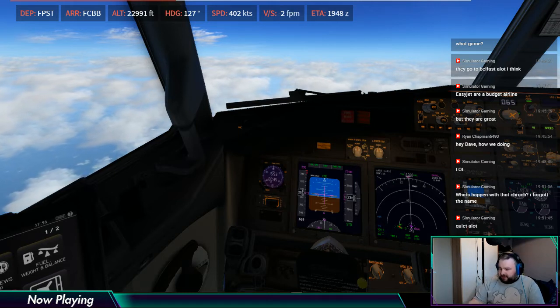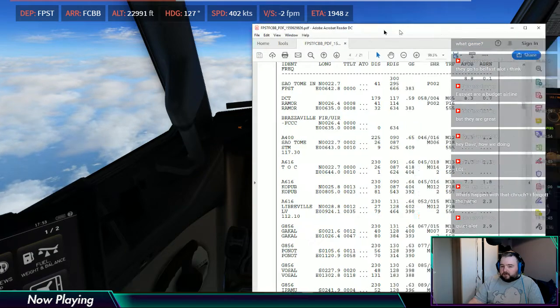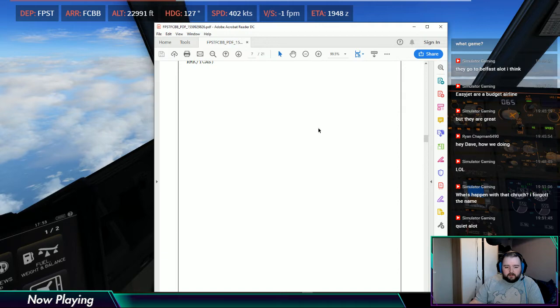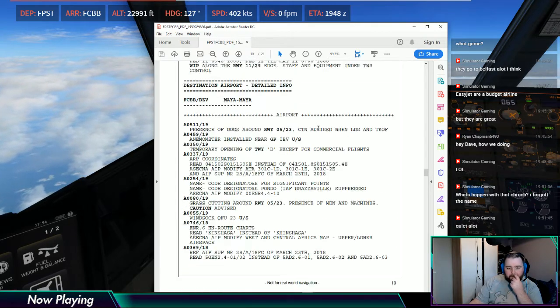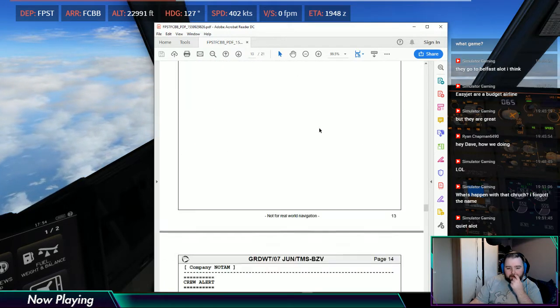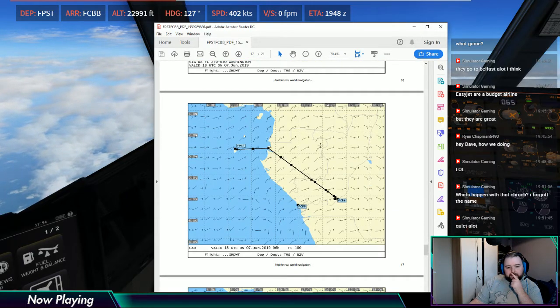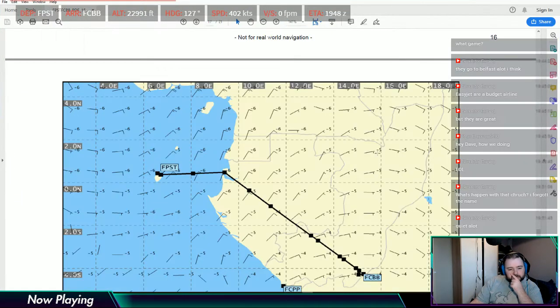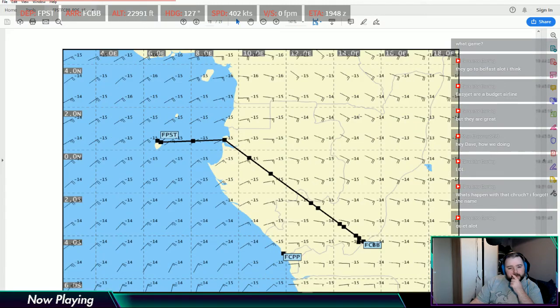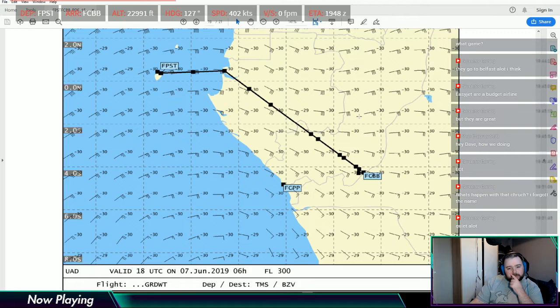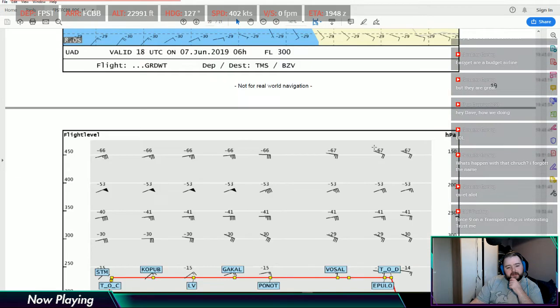What are the en route winds looking like? Do we have weather forecasts here? Yes, we do. That's at 180, 240. You know, if I go up to 300,